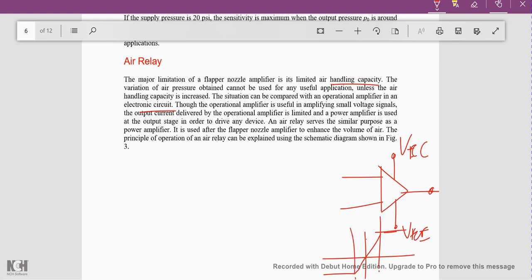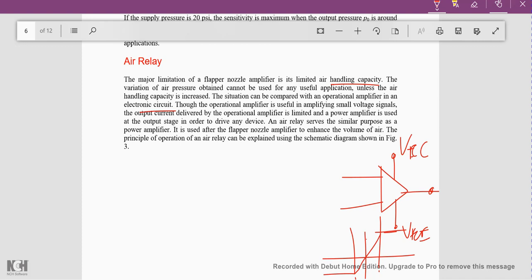So from there onwards we again need to use a power amplifier. Power amplifiers are basically used for high power applications. Similarly here, the nozzle flapper will be giving us the required amplification operation just like a normal amplifier, but in order to get the high power we need another component which is called an air